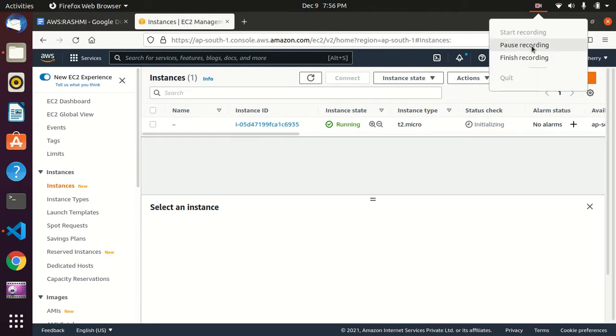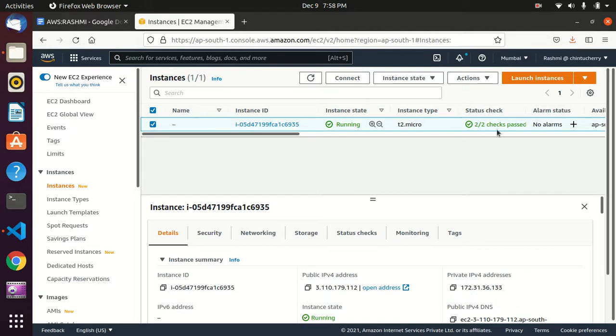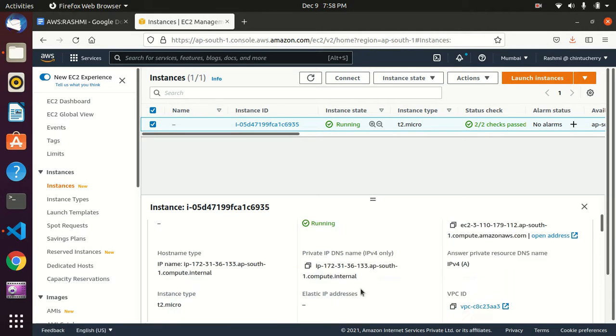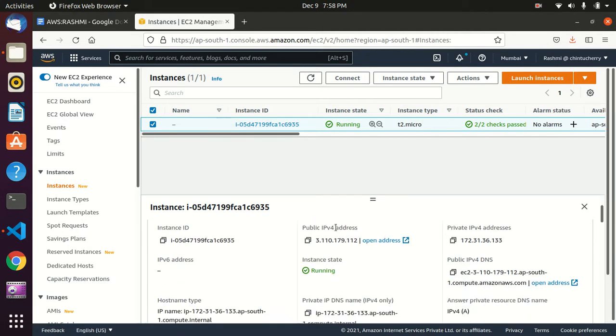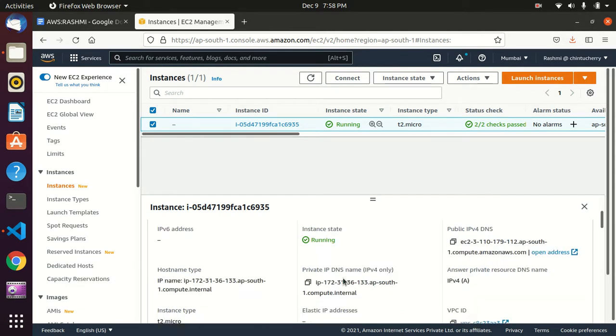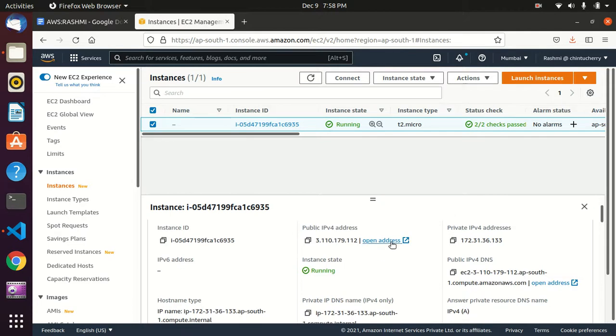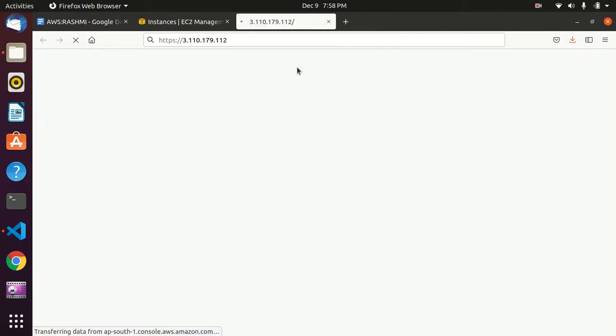So our status shows 2 by 2 checks. It is initialized, and now you can see in the properties the details about it, the private and public IP address, and also all the instances are running. This is a public address, but it's a little slow.